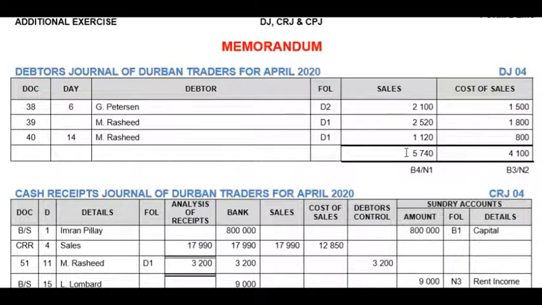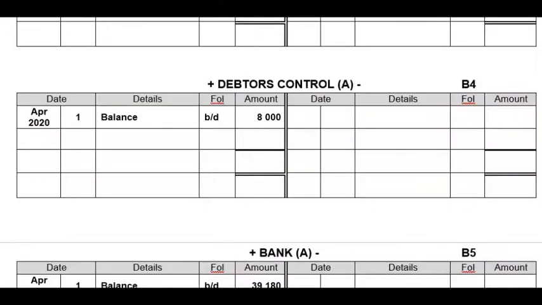Now, first we have to post the sales column, which has a total of 5,740 Rand, and this sales column goes to two places. It goes to the debit side of debtors control and it goes to the credit side of sales. Okay, so in debtors control, on the debit side, why on the debit side? Because the amount that the people owe us now increased because we sold more stuff to them on credit. Okay, you will write